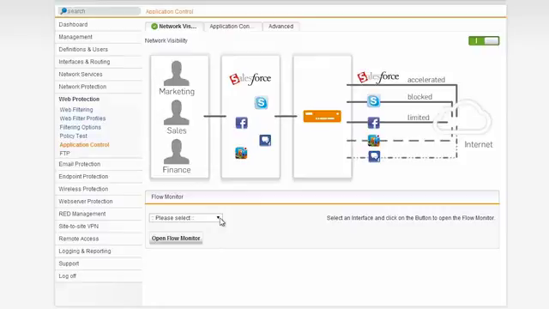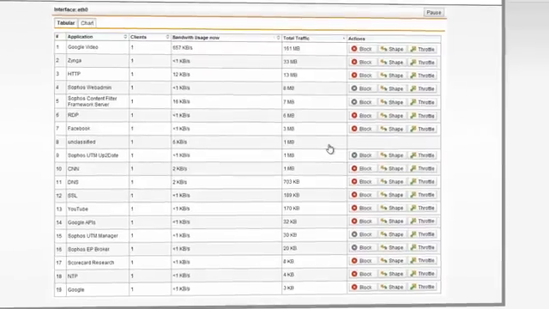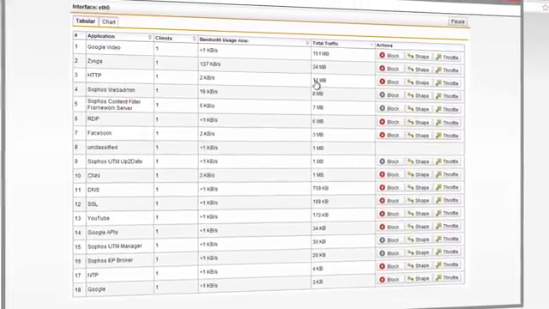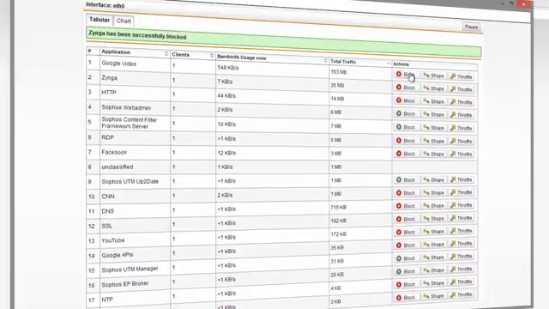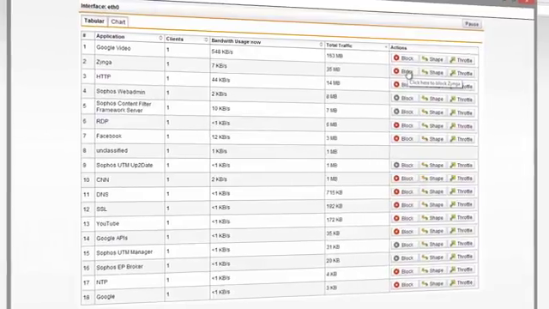in real time. If I go back to Application Control, I can open our flow monitor on the desired interface. And from there, it's going to populate with a real-time picture of the landscape of my business. We can see that there's some Google video, there's some Zynga, which is basically some Facebook gaming traffic. Let's go ahead and block that. So by clicking one button, instantly Zynga has now been blocked, and I'll be able to see that shortly in